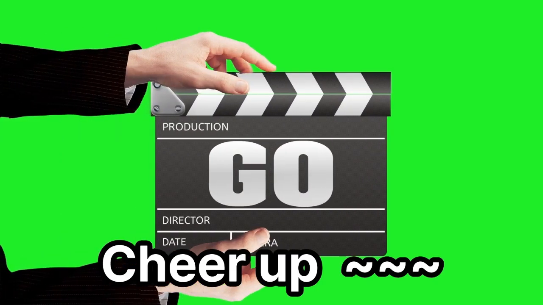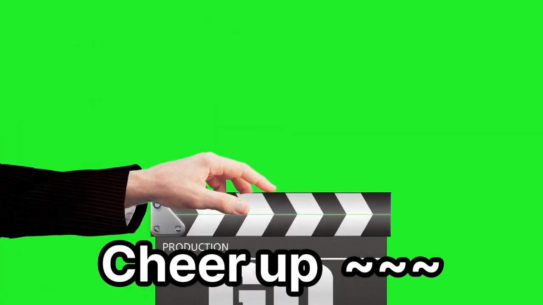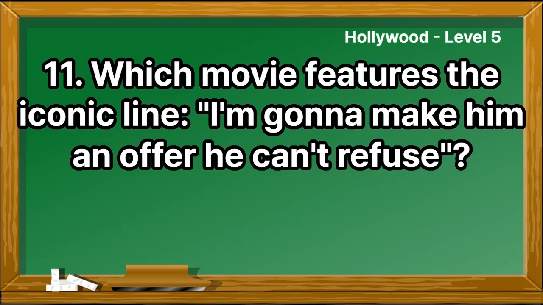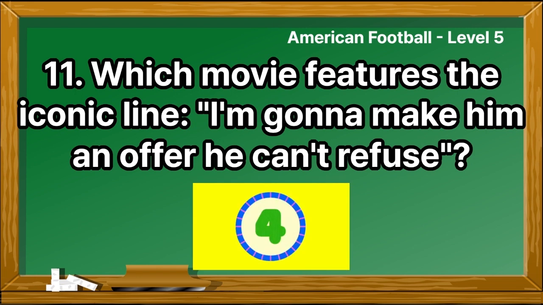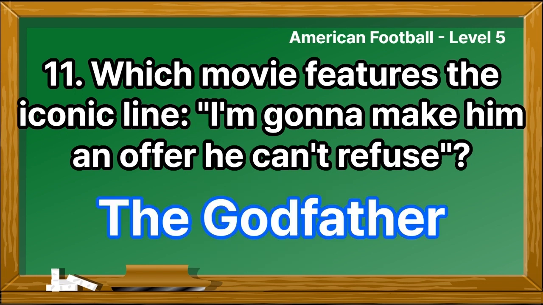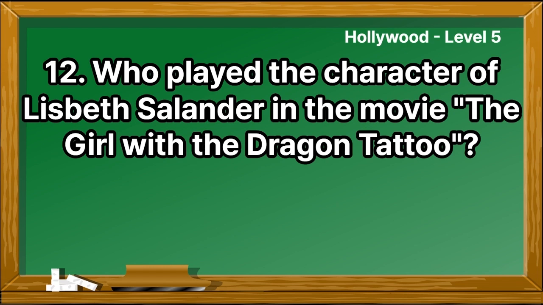Cheer up. Which movie features the iconic line, "I'm gonna make him an offer he can't refuse"? The Godfather. Who played the character of Lisbeth Salander in the movie, The Girl with the Dragon Tattoo?